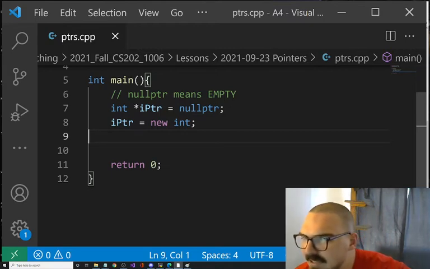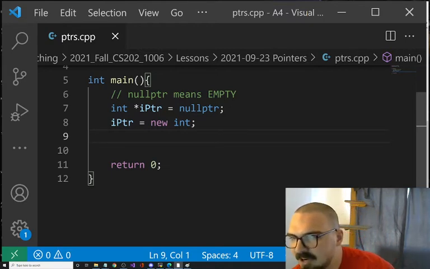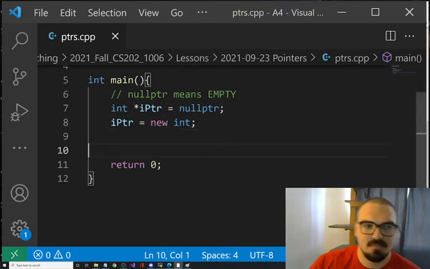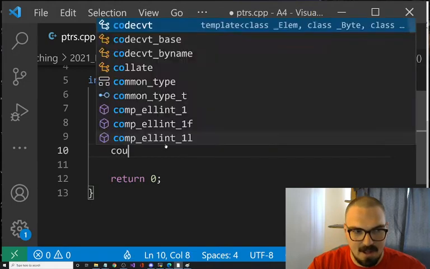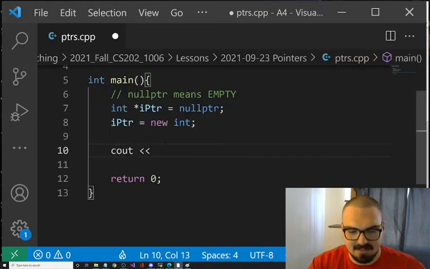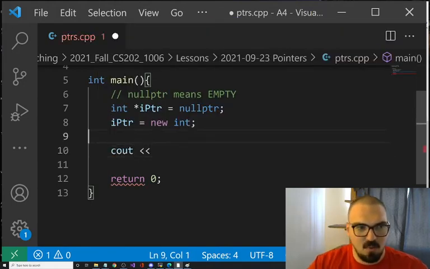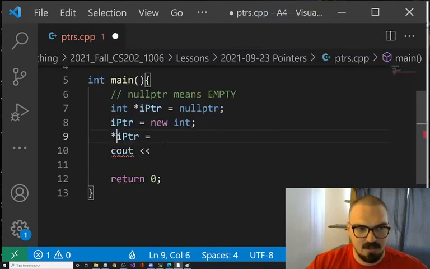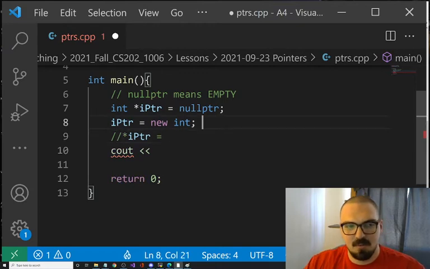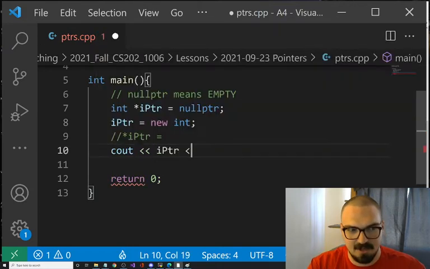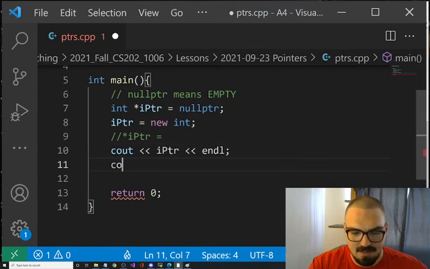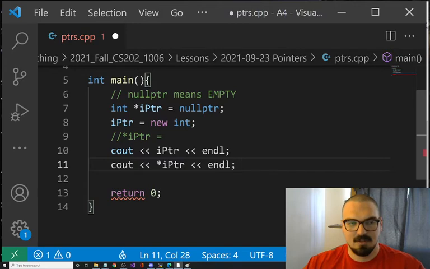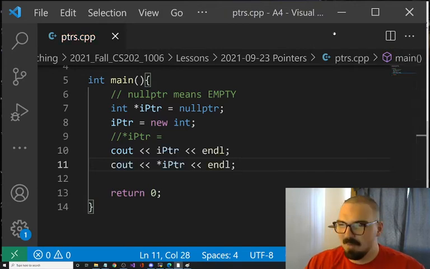Synthos asks, isn't it kind of initializing a variable, but instead of a junk value, it's a junk address? Yes, it is a junk address. So this will give us some stuff from the memory. If we wanted to, we could say, hey, iPointer now equals, well, let's see what we get. First thing we're going to get is some address. So let me go ahead and print it out. And then let me dereference it. And then we're about to have some real fun.